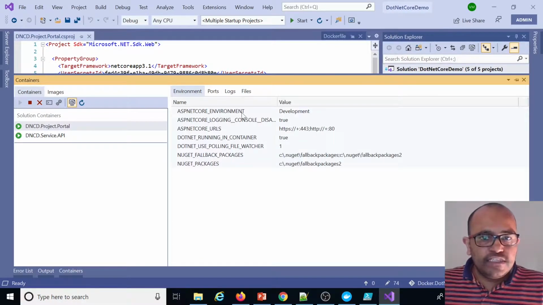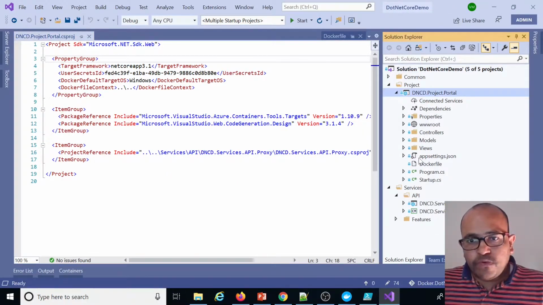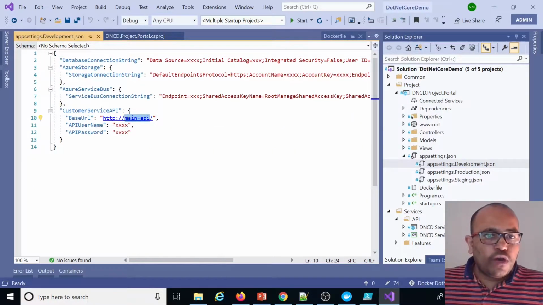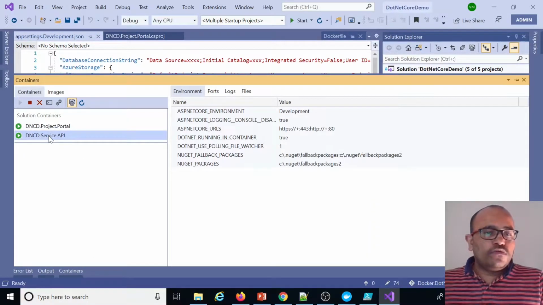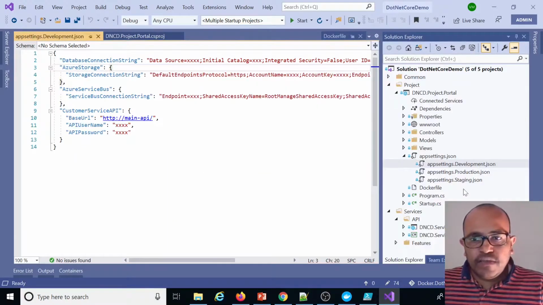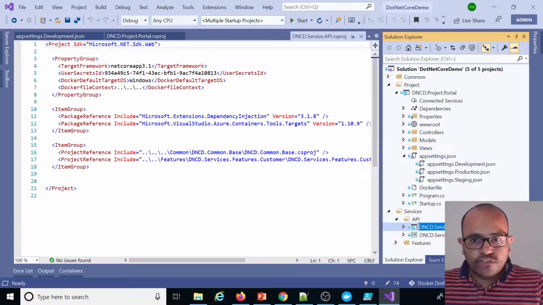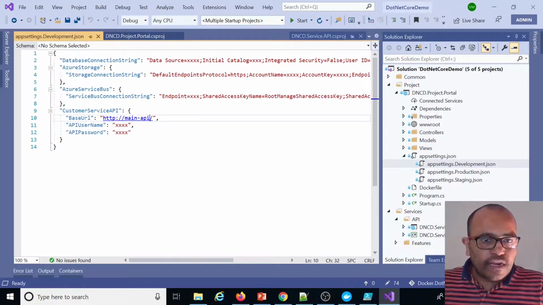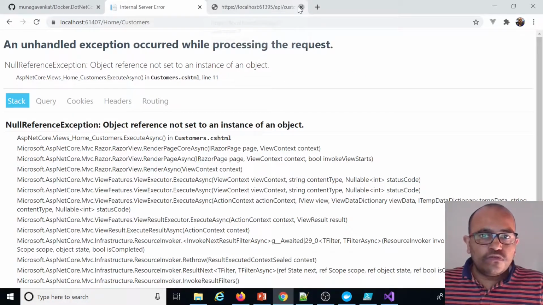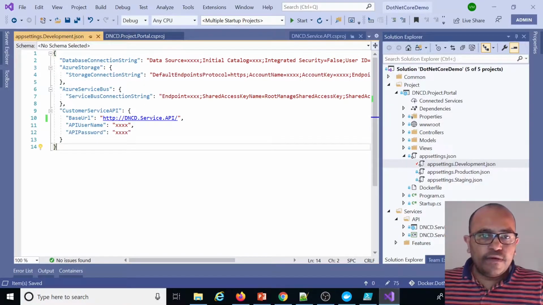Now, the Docker is running in development mode. So I will go to the project, to the app config. In development, this is the URL used to communicate with the web API, but this is wrong. To recognize the containers, you can use the Docker name. The Docker name for the web API is this one, which is exactly the same as my project name. So I'm copying the project name, coming to the development setting, and giving it here as the host name. Now I'm going to close these two and rerun the application.